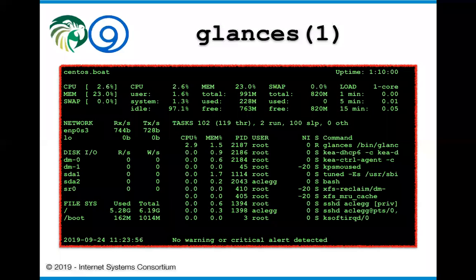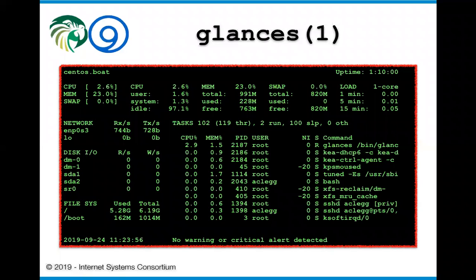We see disk I/O on each of the disks in the system, and then we see the file system that shows the amount of space available, the totals in the total column, and the amount used in the used column. So you can sit here and watch it and see that nothing bad has gone on with your system. In the lower right-hand quadrant, we see all of the commands that are